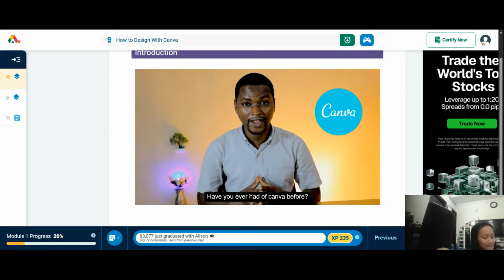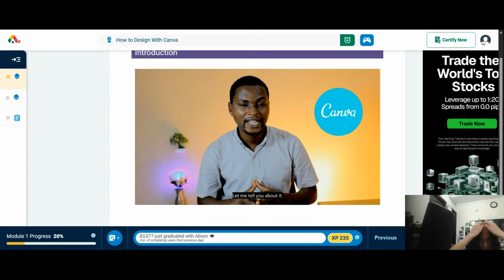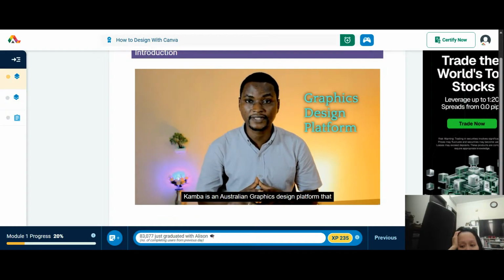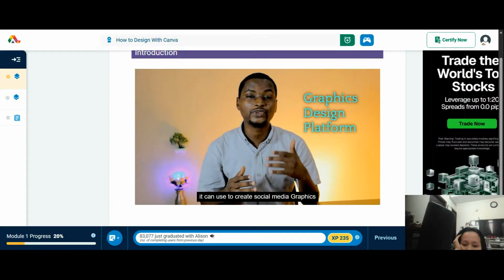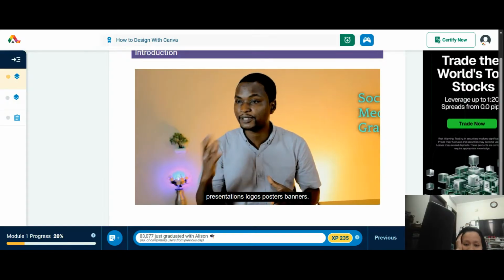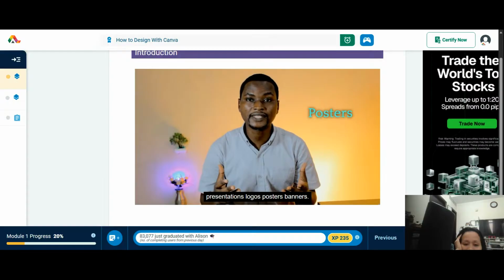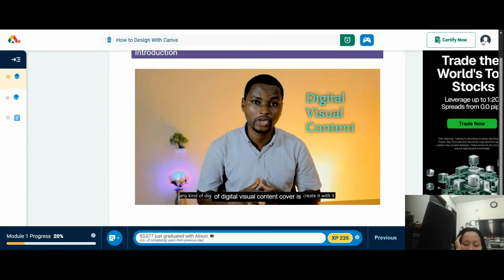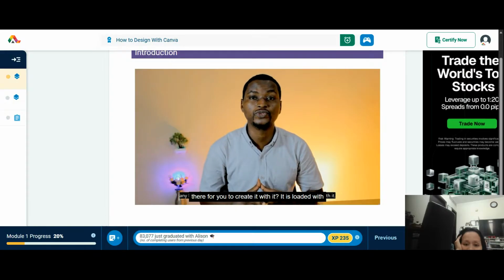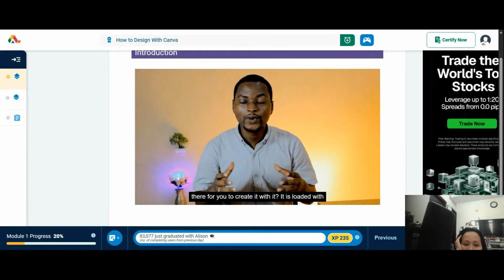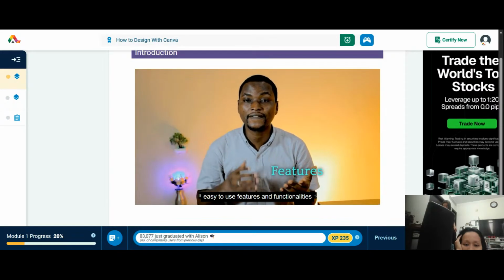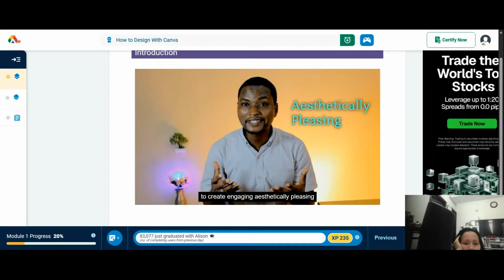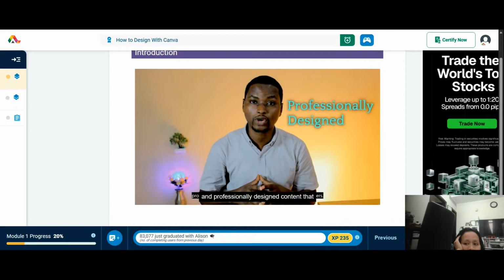They may be using it and they may not. Have you ever heard of Canva before? Let me tell you about it. Canva is an Australian graphics design platform that you can use to create social media graphics, presentations, logos, posters, banners, you name it. Any kind of digital visual content, Canva is there for you to create it. It is loaded with easy to use features and functionalities to create engaging, aesthetically pleasing, and professionally designed content that